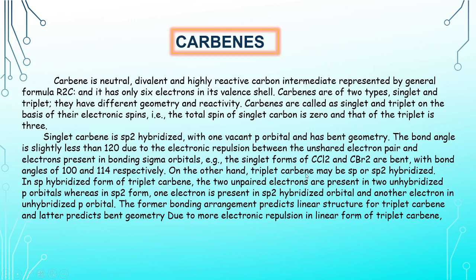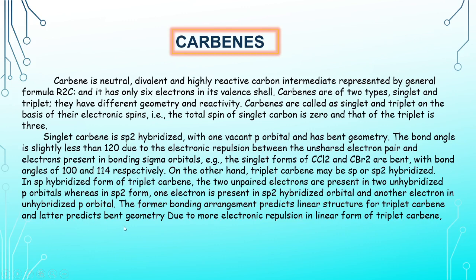On the other hand, the triplet carbene may be sp or sp2 hybridized. In the sp hybridized form of triplet carbene, the two unpaired electrons are present in the two unhybridized p orbitals, whereas in the sp2 form, one electron is present in the sp2 hybridized orbital and the other electron in the unhybridized p orbital. The former bonding orbital arrangement predicts the linear structure. That means when the triplet carbene is in the sp hybridization, the geometry is linear for the triplet carbene,